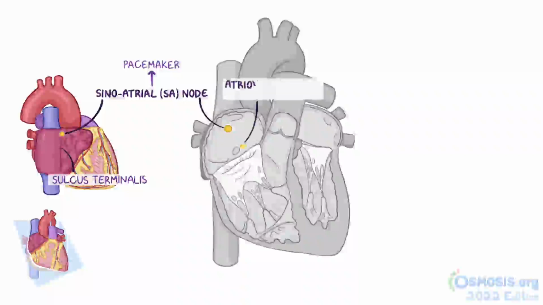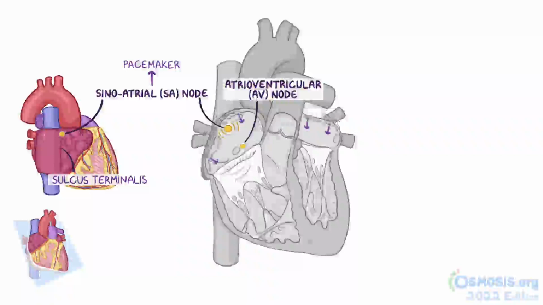The SA node is the pacemaker of the heart, and it establishes the basic heart rhythm. Then, there's the atrioventricular or AV node, which is a smaller bit of nodal tissue located in the posterior-inferior region of the interatrial septum near the opening of the coronary sinus. The way it goes is that the SA node initiates an impulse that's conducted in the atria, making them contract. The impulse then spreads to the AV node, and afterwards, the AV node spreads the impulse to the ventricles through